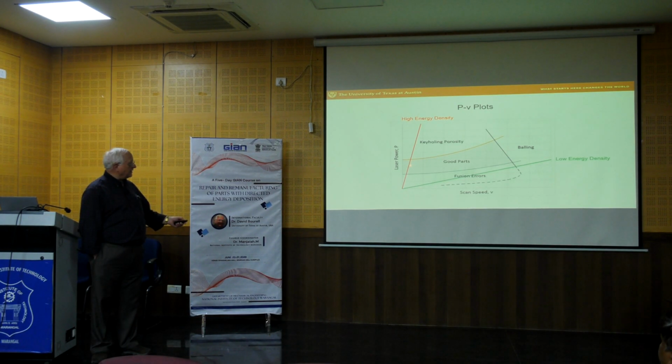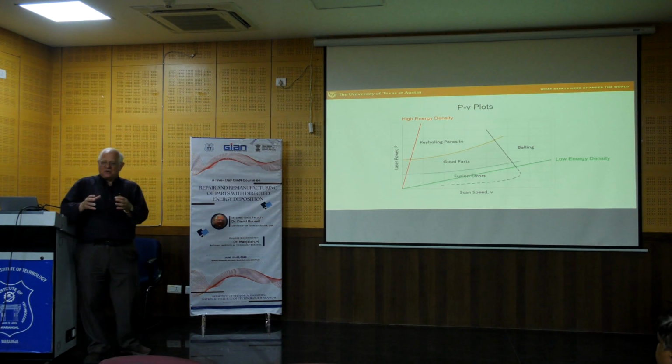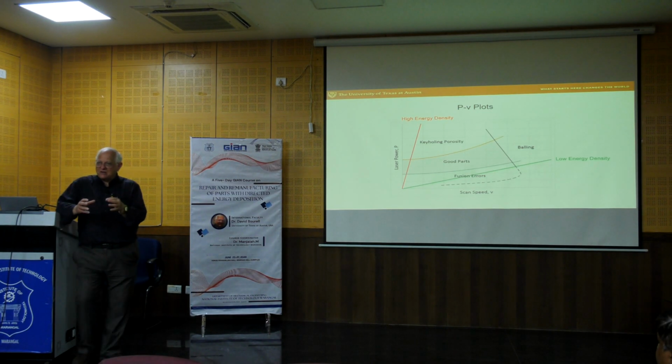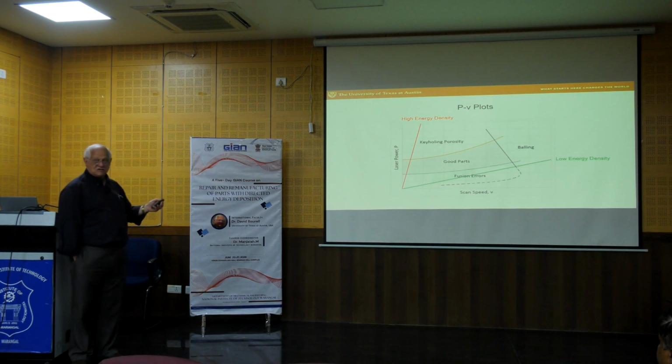Even though I said earlier that the advantage of the energy density term is that I can dink with the various parameters, the power, the velocity, the hatch spacing, the layer thickness, as long as I maintain a constant energy density, I should be able to produce equivalent parts. Well, it turns out that was not really true, because we can see here with this more complete picture that if I can make good parts at this energy density, if I increase the power and adjust the scan speed accordingly,